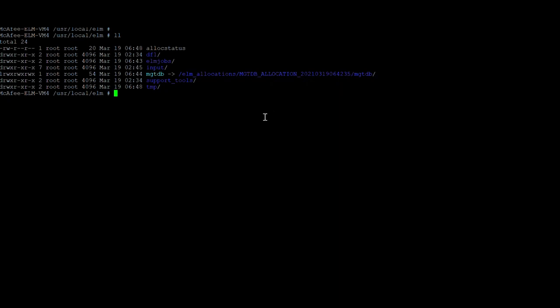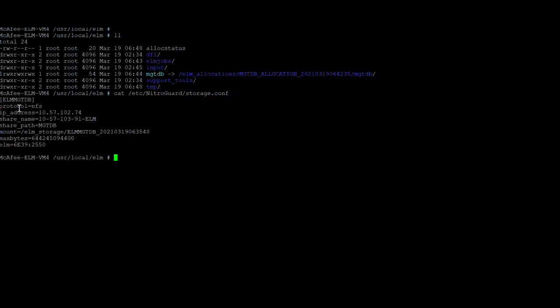And if we check the storage.conf, this is the storage configuration for the NFS share, and this is where the NFS share is mounted. This is the location. And the ELM allocation MGTDB is pointing to ELM underscore allocation, and if you go into that path,